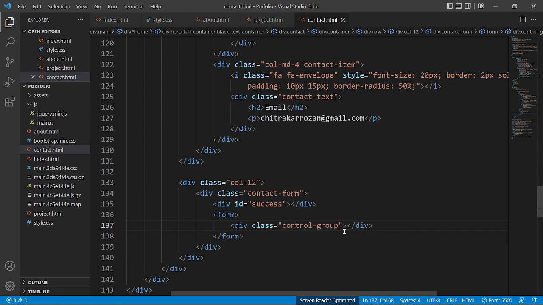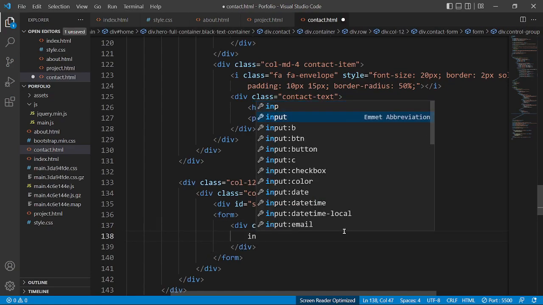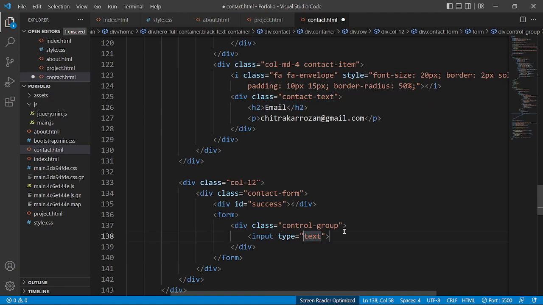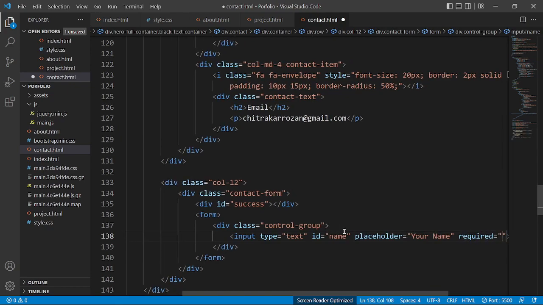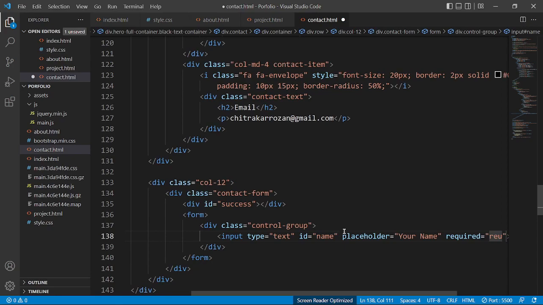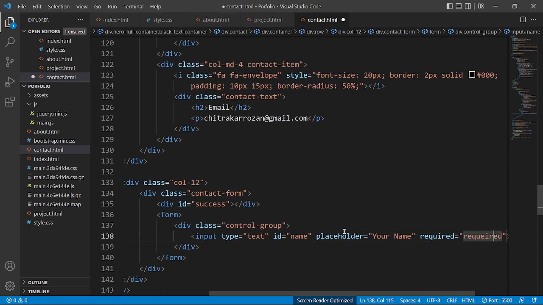Group, just write the input with the type of the text, and the ID equals to name, and placeholder equals to your name. So required equals to required,